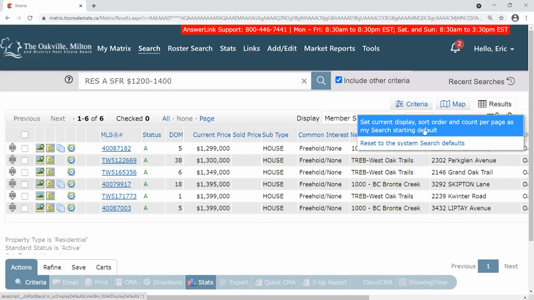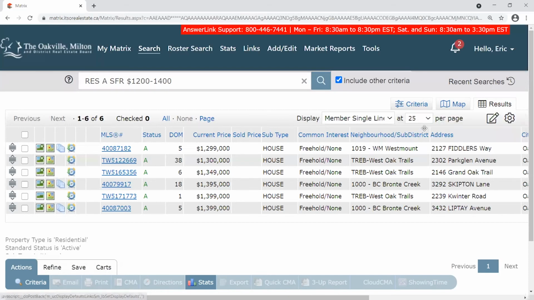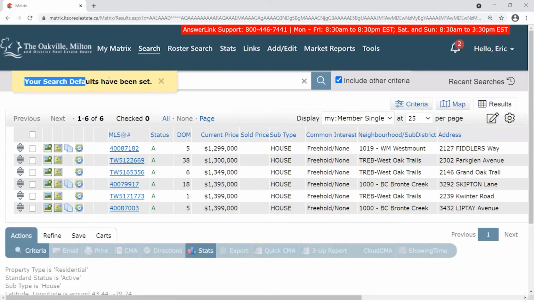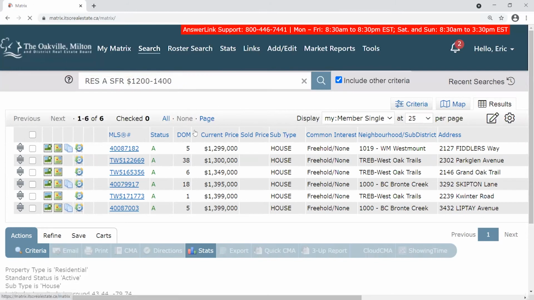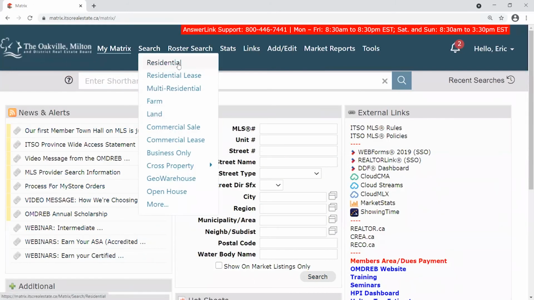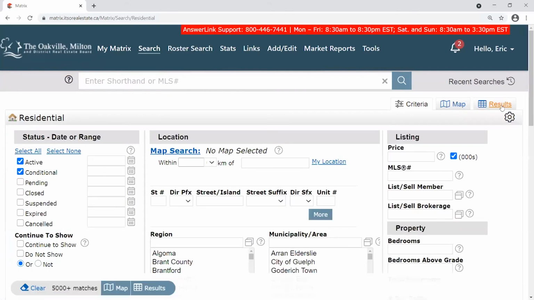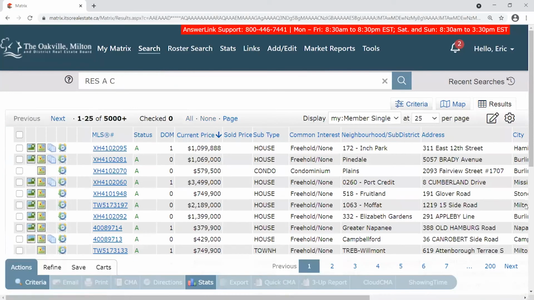When you click on this option, it puts a little pop-up in the top left. Your search defaults have been set. Okay, this means that if I leave from this screen and I go somewhere totally different and I just run a new residential search and I go to results, it's going to keep this as my new default. I've got days on market over here, we got sold price, and we have neighborhood. Those are some of the things that we did to incorporate our new